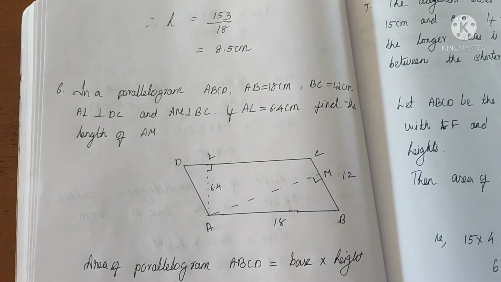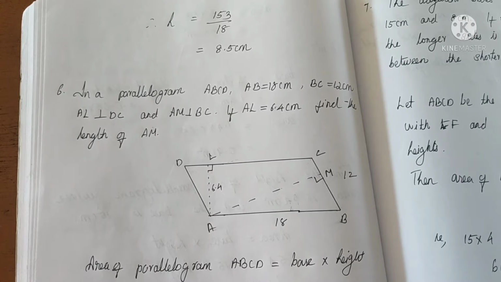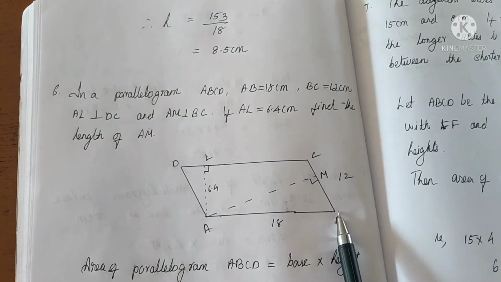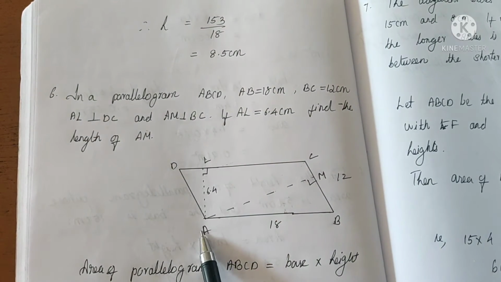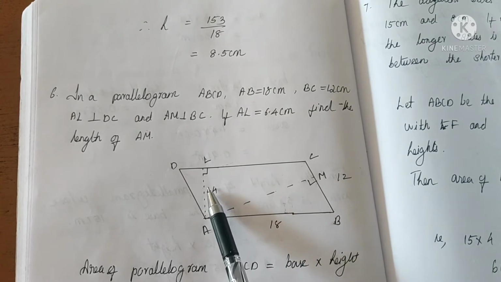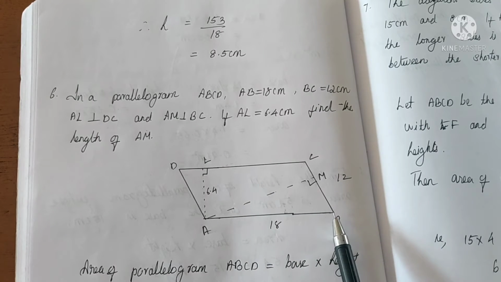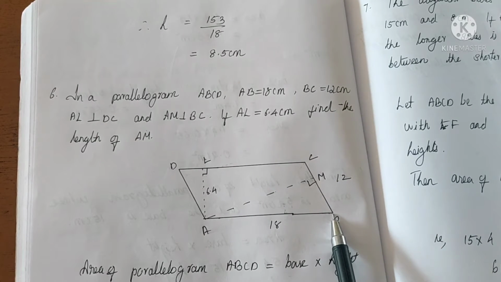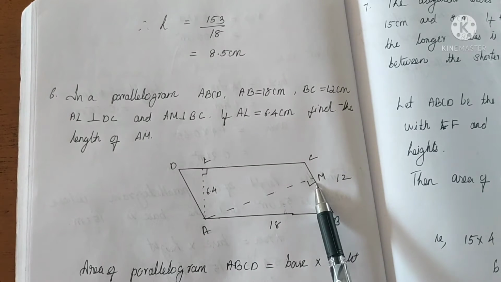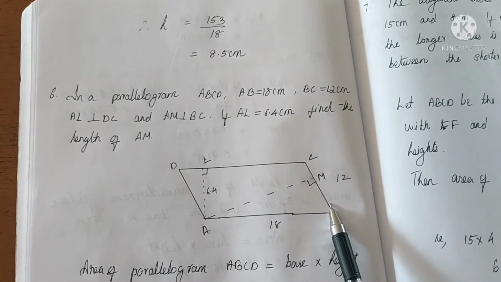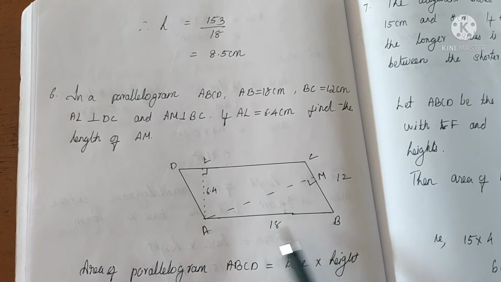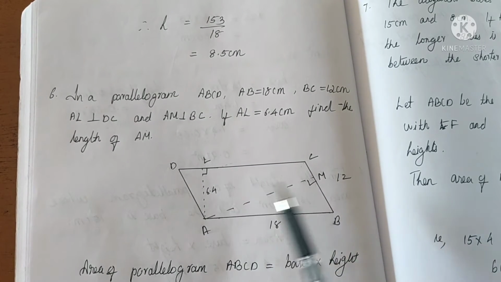Here listen one thing. In this figure, ABCD is the parallelogram. We know how to find the area of the parallelogram, base into height. If AB is the base, then AL is the height. So by using these two measurements, we can find the area of this parallelogram ABCD. Other way, if we are considering BC as the base of this parallelogram, then AM becomes the height. Then BC into AM also will give the area of this parallelogram ABCD. In both the methods, we can find the area. In both the cases, area of parallelogram ABCD will be the same.